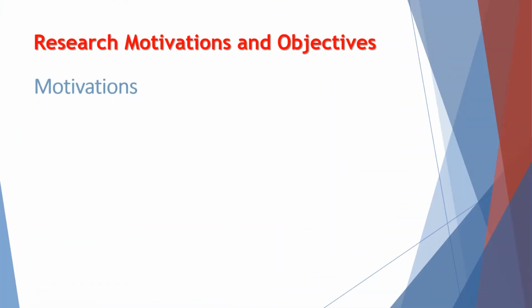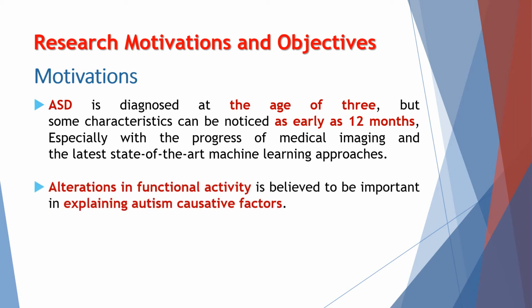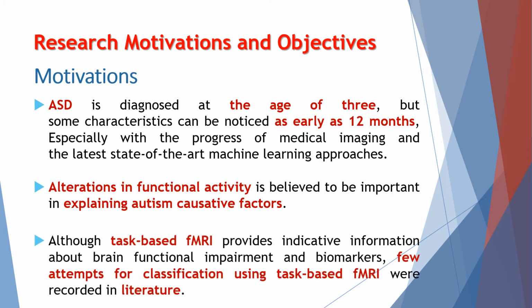So what drives our motivation is that ASD is diagnosed at the age of 3, but some characteristics can be noticed as early as 12 months old, especially with the progress of medical imaging and the latest state-of-the-art machine learning approaches. Also, alterations in the functional activity are believed to be important in explaining autism causative factors. Although task-based fMRI provides indicative information about brain functionality impairment and biomarkers, only a few attempts at classification using task-based fMRI